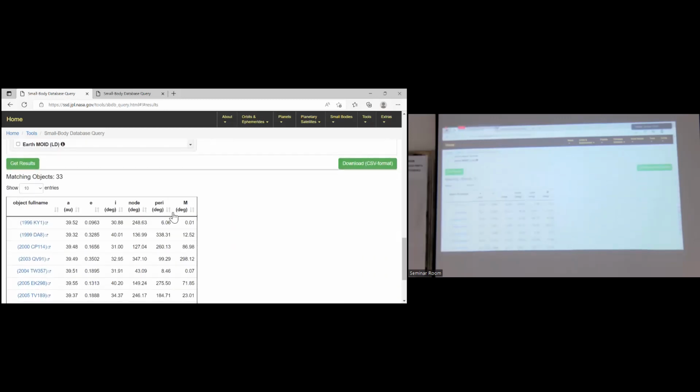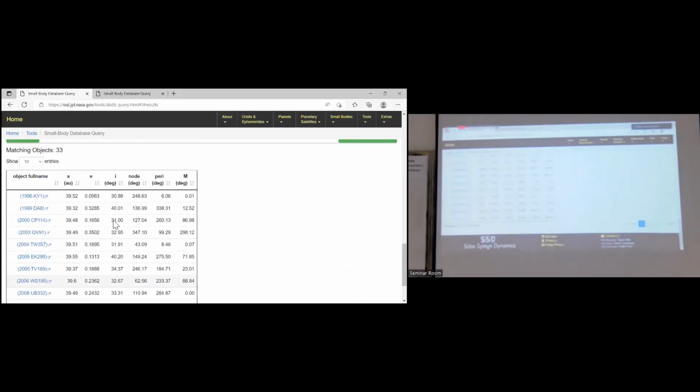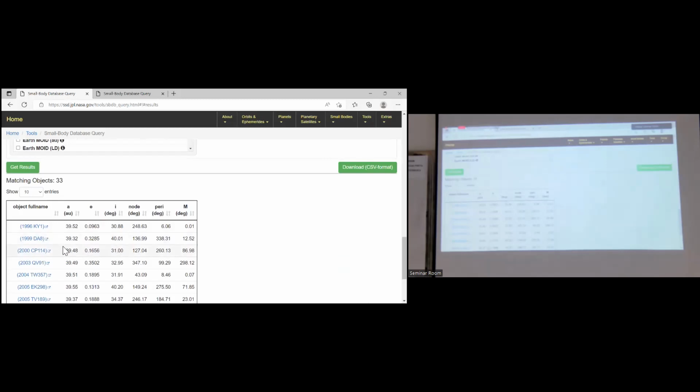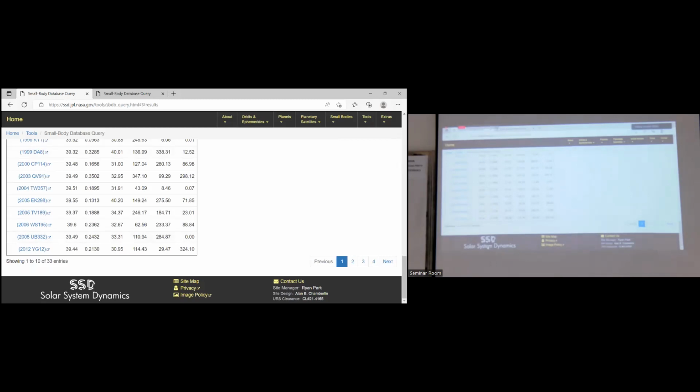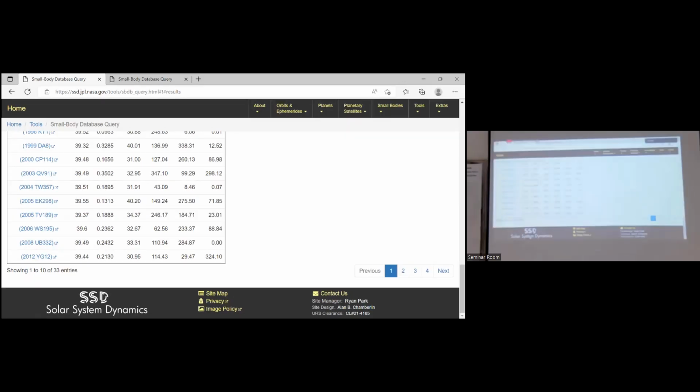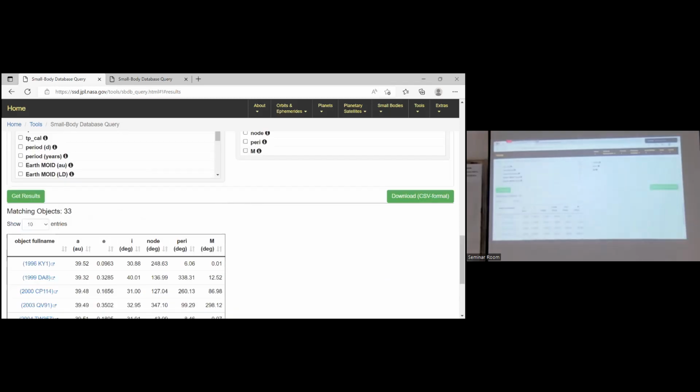Okay. Do you want to simulate or integrate the 33 objects? Now you should get the data. How to get the data? Where? Download the CSV format. Okay? Actually, you may change the eccentricity value or the constraint of the eccentricity and inclination as you want, or even no constraint.